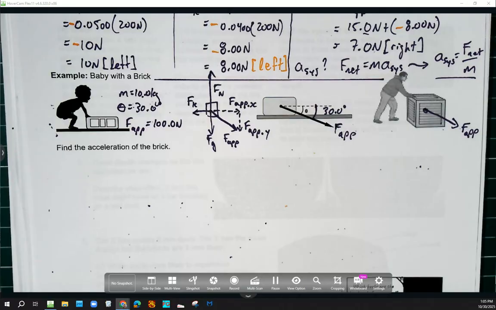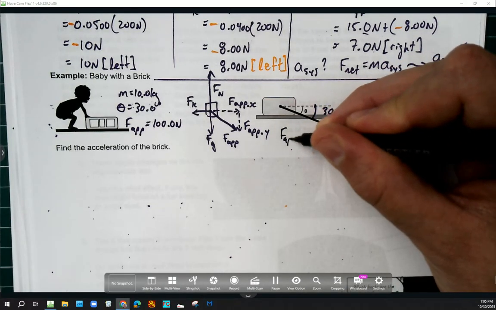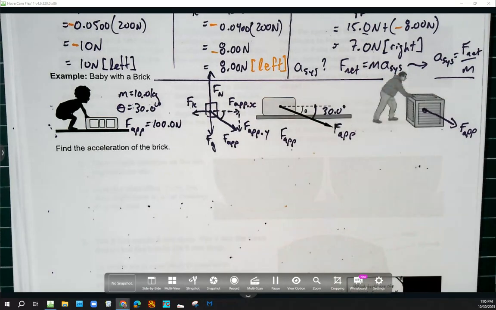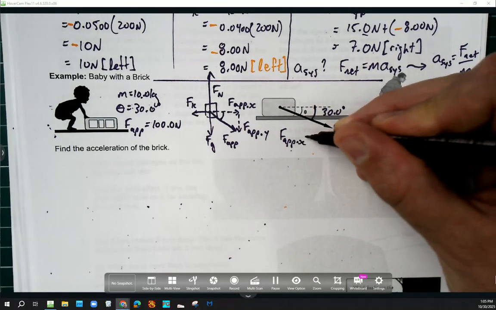All that makes sense. Something that I want to lay out here is F applied x, because the F applied x is the adjacent side of this triangle, I would say F applied x is equal to F applied